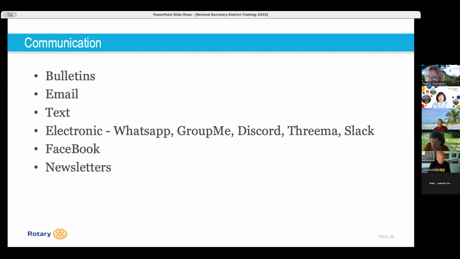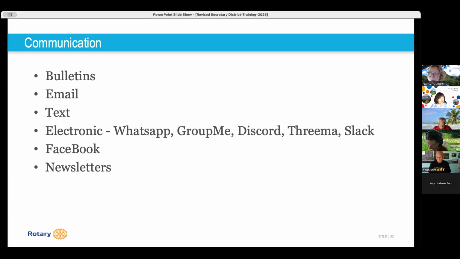We also put something out weekly. Just because of being in Lahaina, we've had a lot of projects. We put it out to the members, and then we each invite friends if they would like to, whether it's a social that week or a project, to join us.